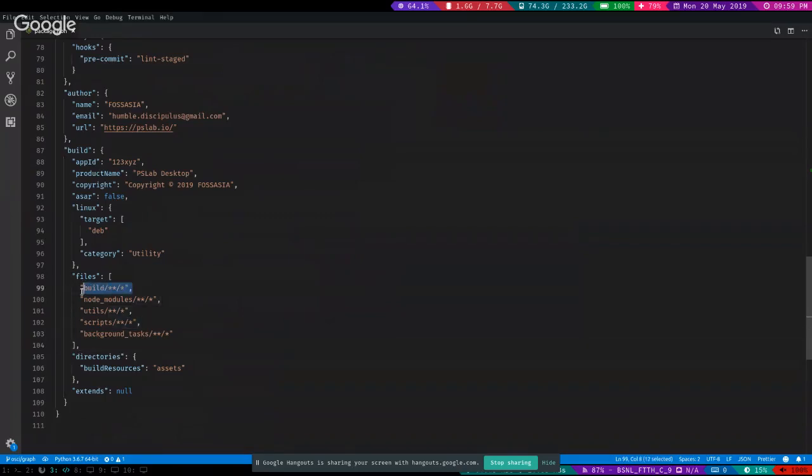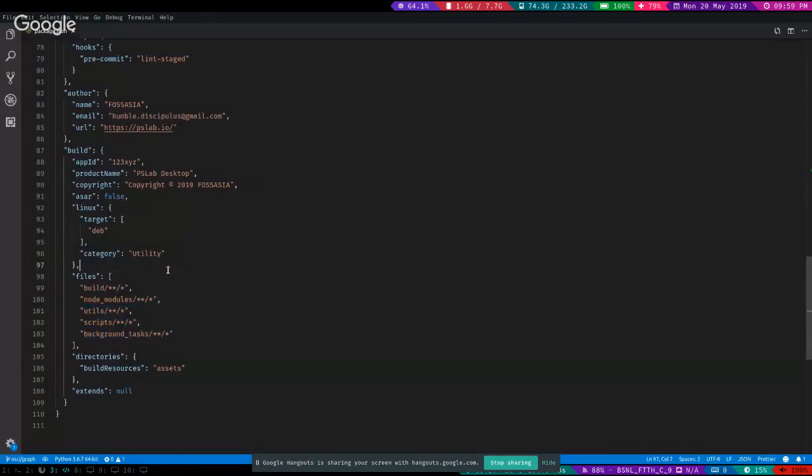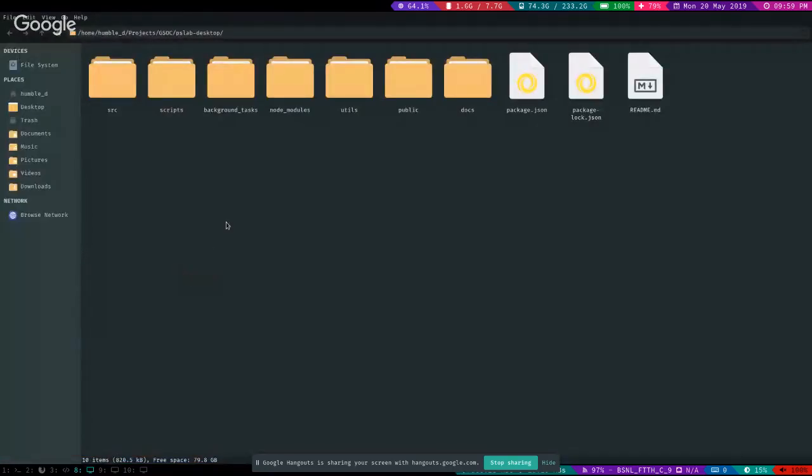So the build directory gets copied, the one that is being generated after React build. The node modules are copied, and initially it was just these two. Then I realized we could use this particular section to copy these three things as well. So here's where I got the idea of moving them out and filling this particular section. So finally, after this section,